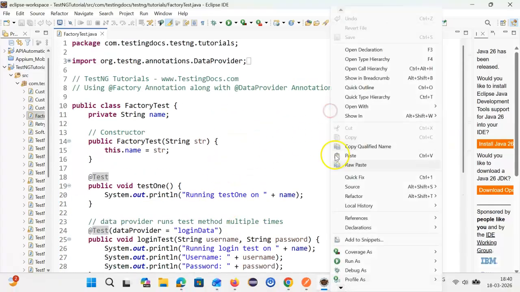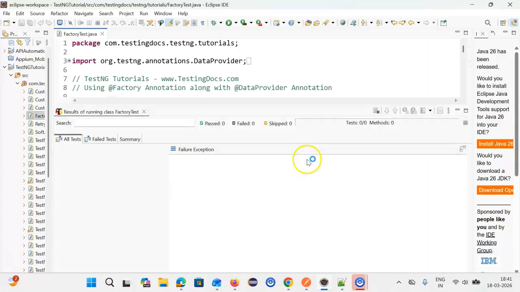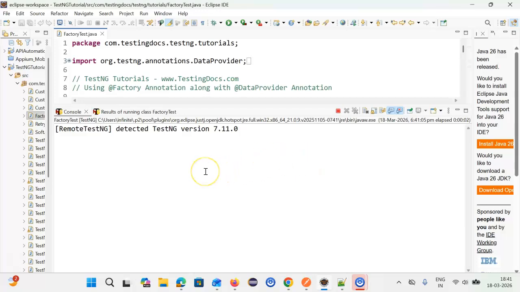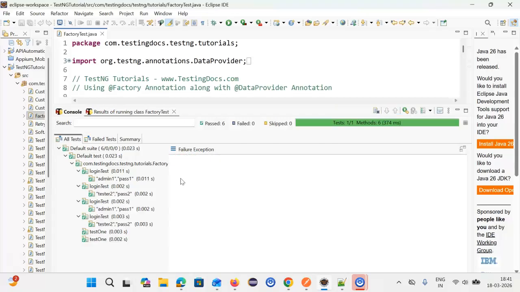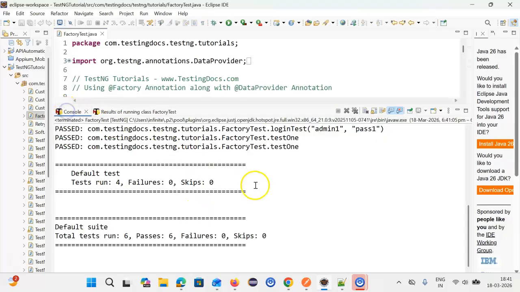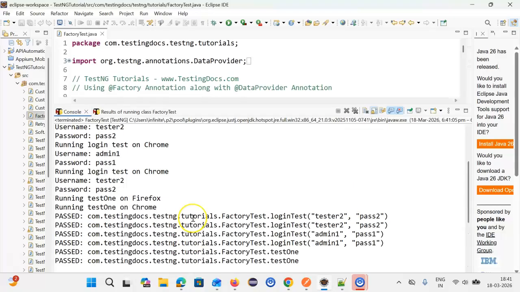Okay, so let's have the demo and run the test class. As you can see, a total of 6 tests run, and yeah,